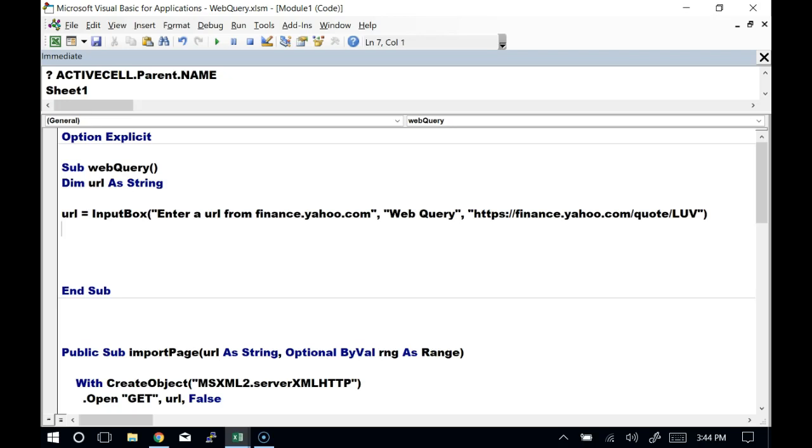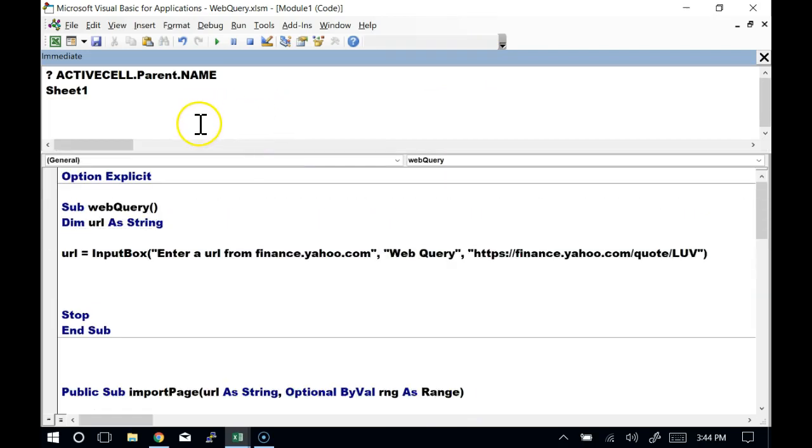And I'm just going to go ahead and put a breakpoint in my code, stop. So before I get to the end sub, I'm going to stop. And that'll bring us into break mode so we can take a look and peek around at the various values of our variable. Okay, so now if I run this,